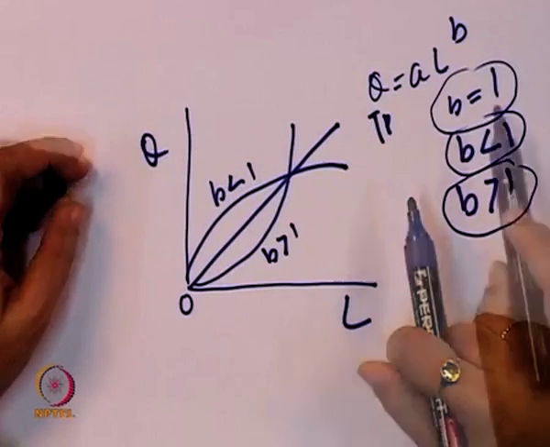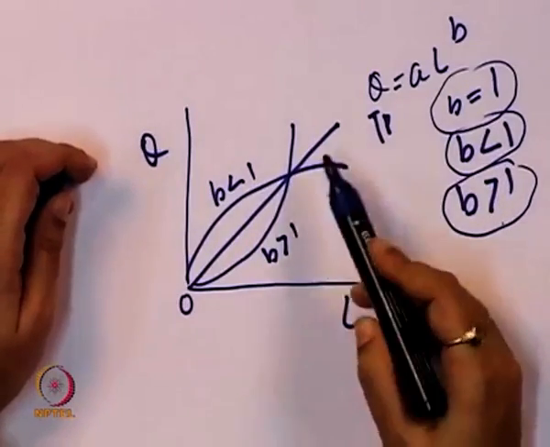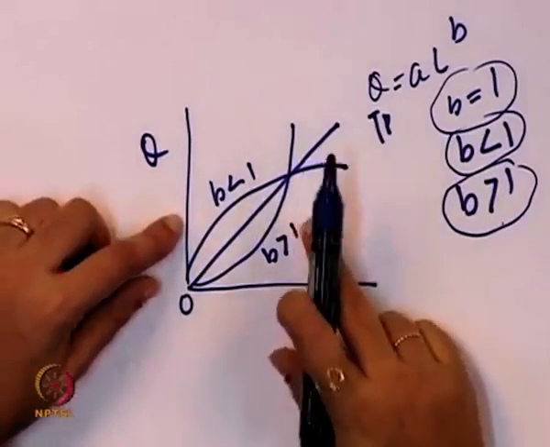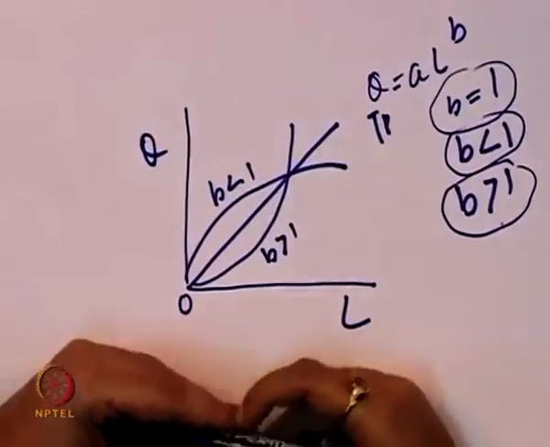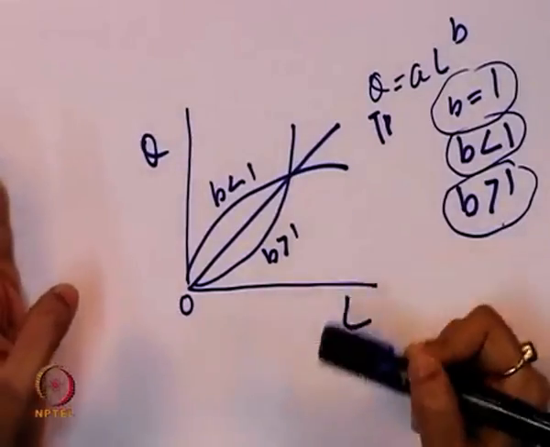Whether it is 1, less than 1 or greater than 1, when you represent that graphically or geometrically, this is the shape we get for the different kinds of function. So a polynomial function can take a quadratic function, it can also be represented through a cubic function, and also through a power function, and each time the value of B changes, the graphical representation changes depending on the value of the coefficient.